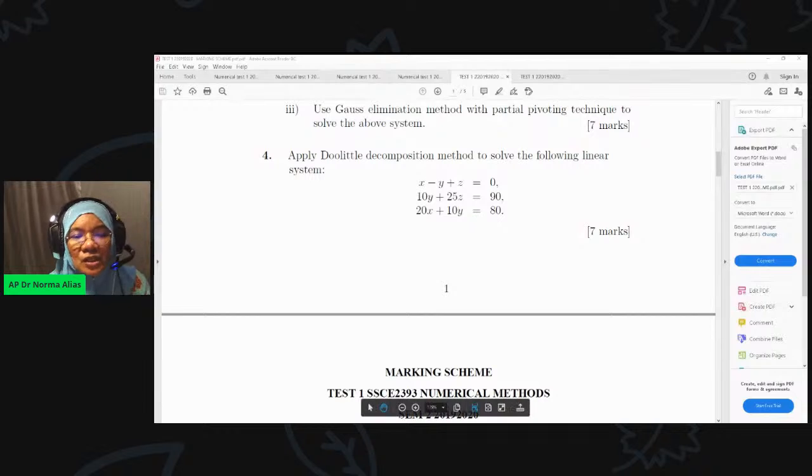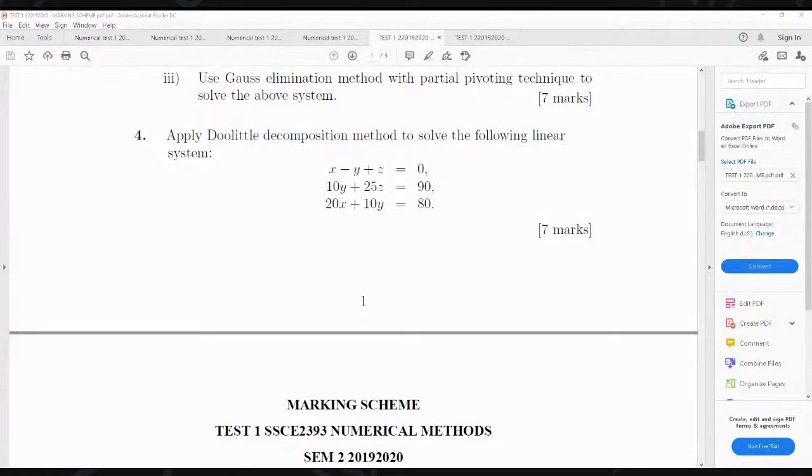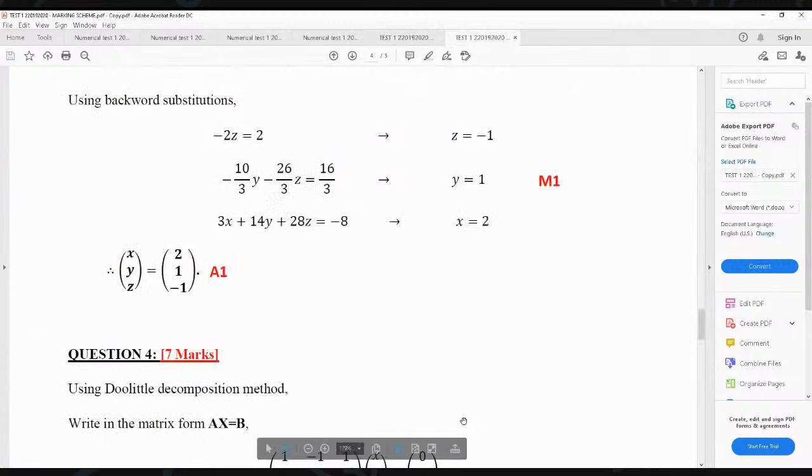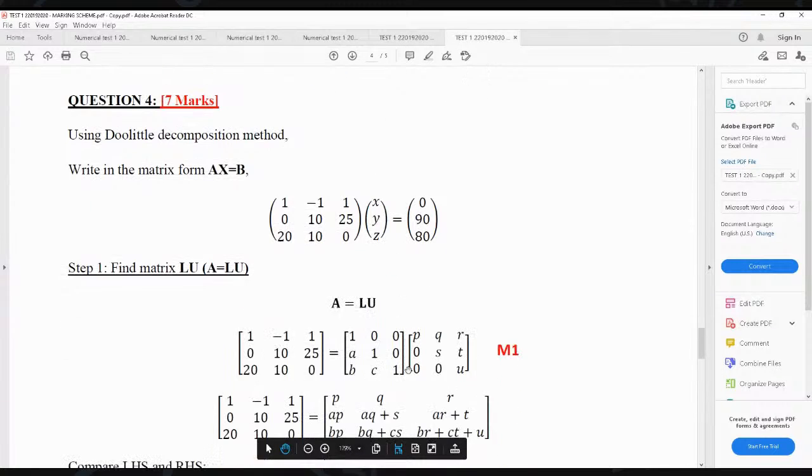You need to finish these 7 marks in 20 minutes. In 20 minutes, all the 3 steps you need to finish and complete. So set that in your mind. Press your calculator very carefully. All right, so now, Doolittle, Crout,